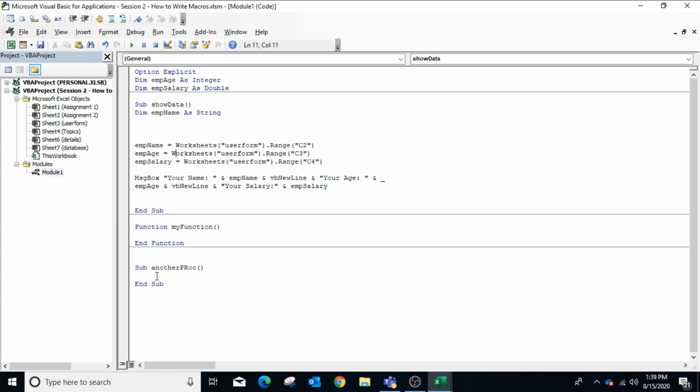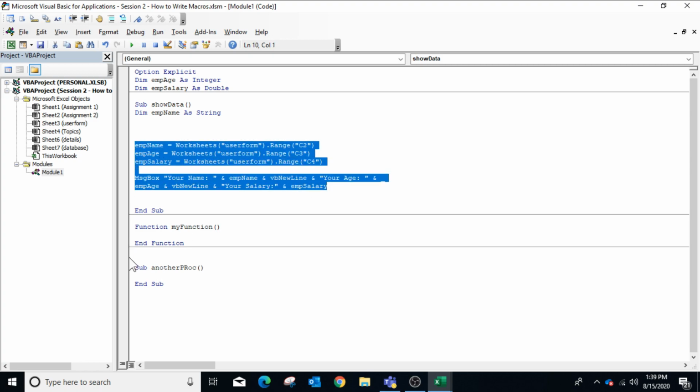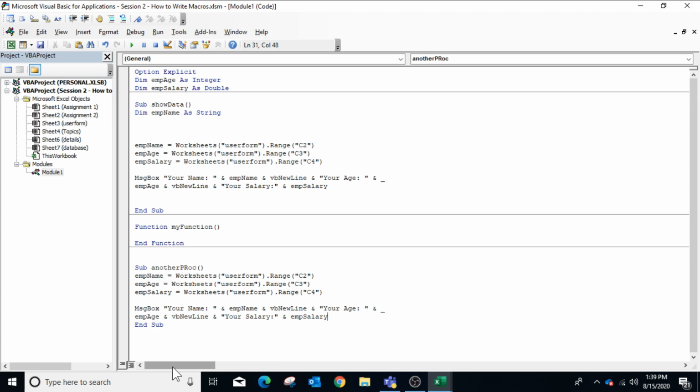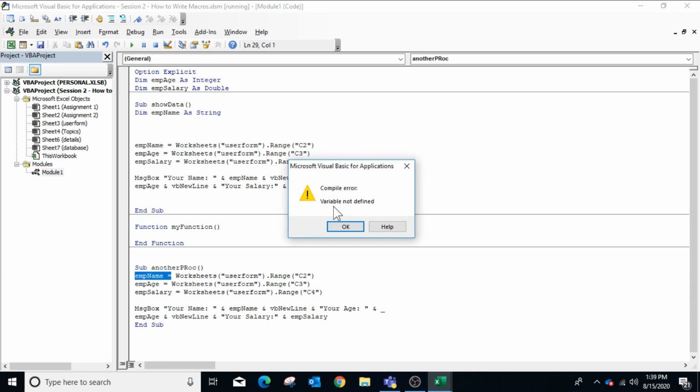I have created another sub procedure and am using the same macro inside it. Now put your cursor in the other procedure and run the macro. VBA will throw an error: the variable employee name is not defined, because the scope of the employee name variable is the show data procedure.